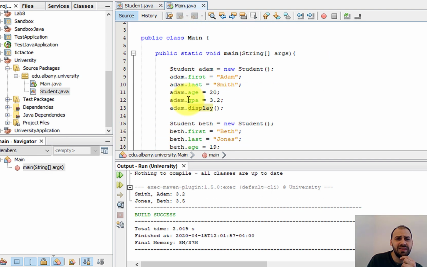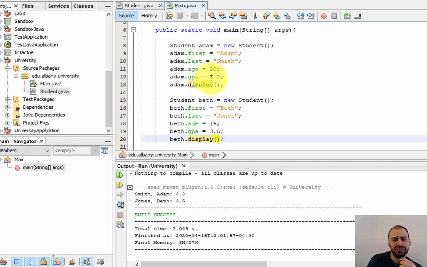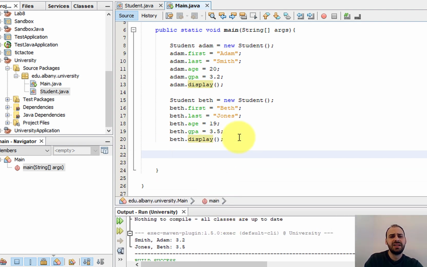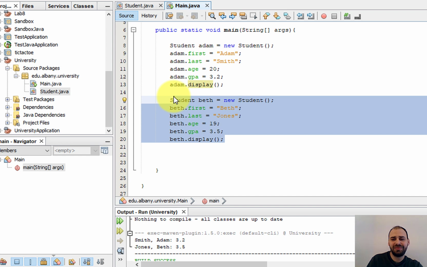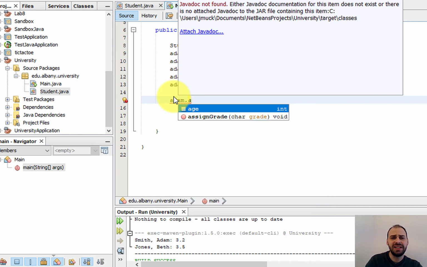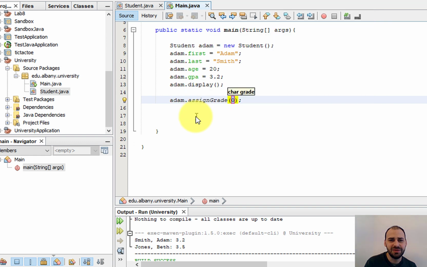And we could say, well, all right, maybe we've got this example we did before here, and let's just stick with one student for now. We could say, hey, we want to assign a grade to Adam, right? Notice this dot completion stuff using the IDE, in this case NetBeans, is super helpful. We're able to recognize that this function is here that we can use, okay,